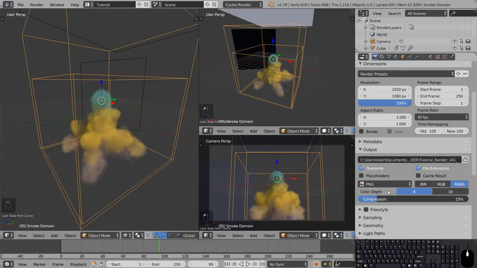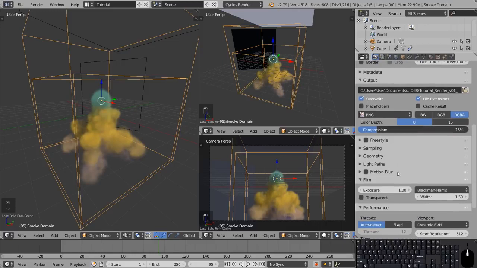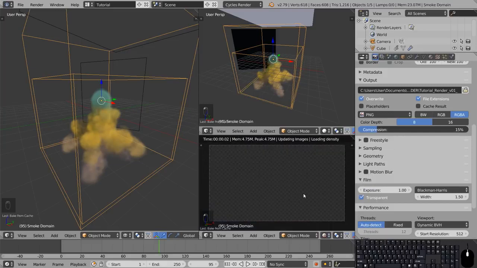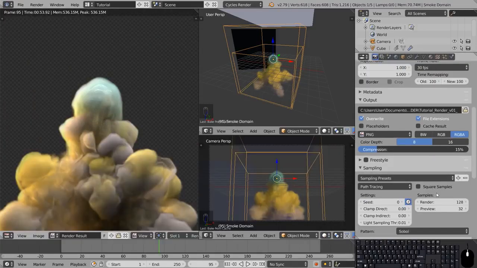This includes the alpha channel, which makes it possible to render the smoke with a transparent background, which again is really useful for compositing. To get the transparent background, scroll down to Film and hit Transparent. You can see that the render viewport also changes. You can test how long it takes to render a frame by pressing the render button and then adjust your